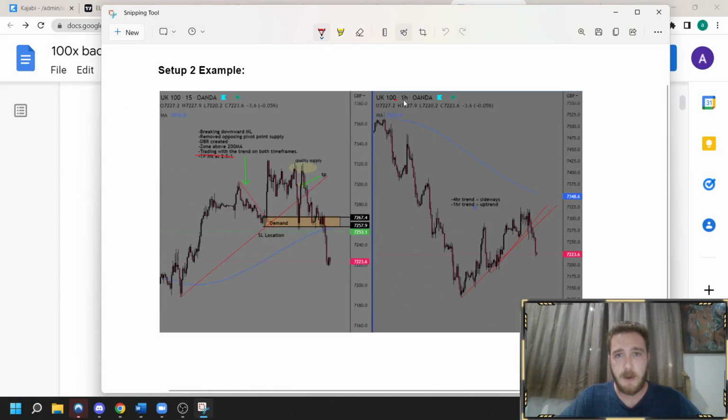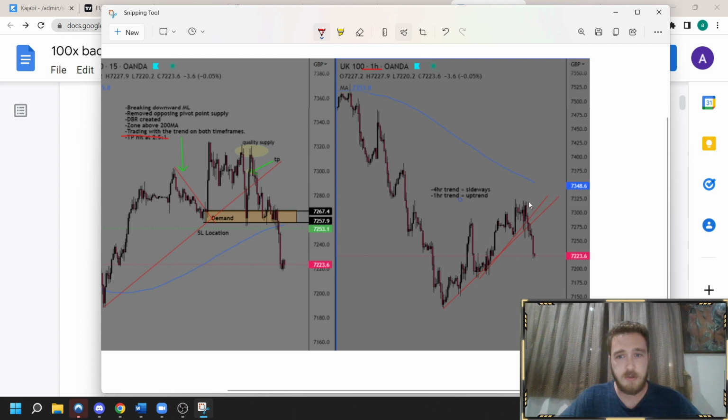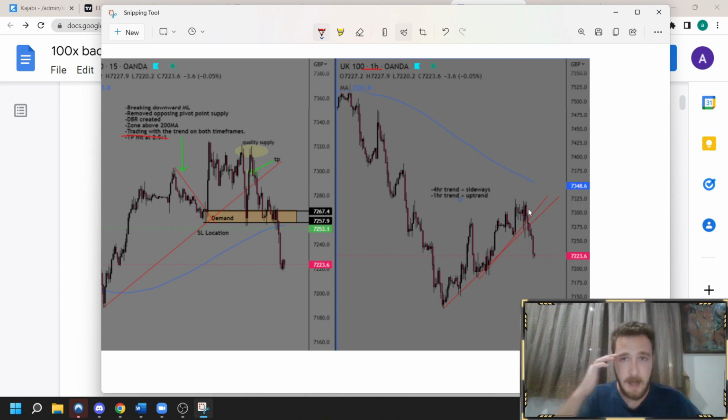So higher time frame, 1 hour, you can see this, just uptrend, higher highs, higher lows, higher highs, higher lows. So I'm looking for buying opportunities, right? We're in an uptrend. I want to be thinking buying opportunities. So now I go down to my lower time frame zone, in this case the 15 minutes. And here we start breaking lower lows and opposing zones. We have a very strong move to the upside, removing the opposing supply zones, breaking that downward trend line, which